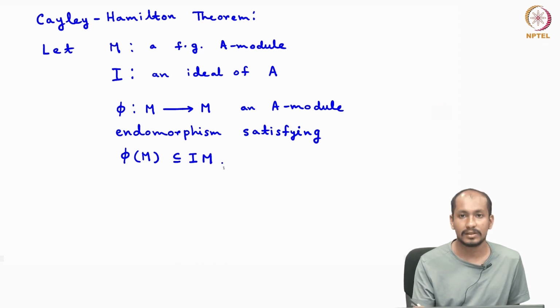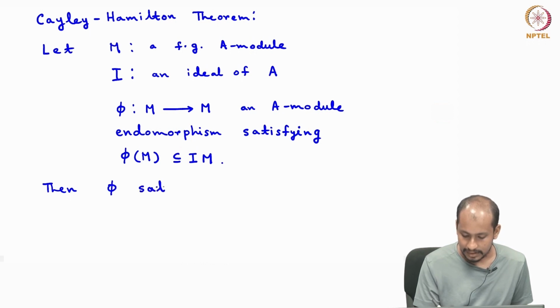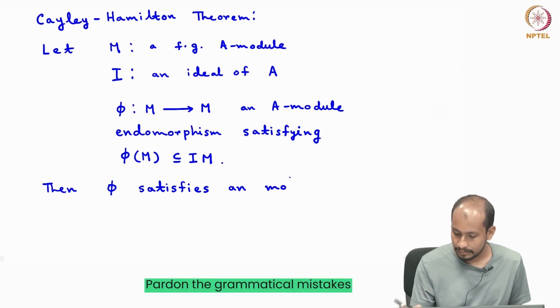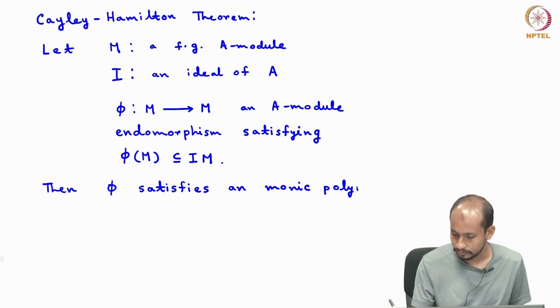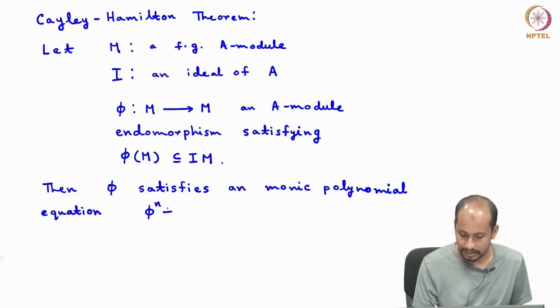Now this I times M is the submodule of M whose elements look like summation, say Ci Mi, where each Ci is inside the ideal I and each Mi is inside the module M. Then phi satisfies a monic polynomial equation, say phi to the power n plus a1 phi to the power n minus 1 up to an equals 0,